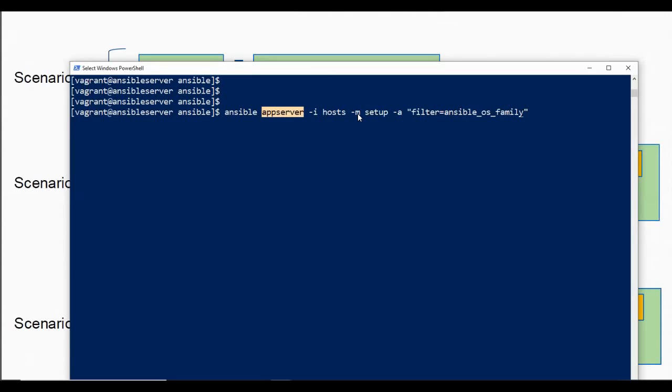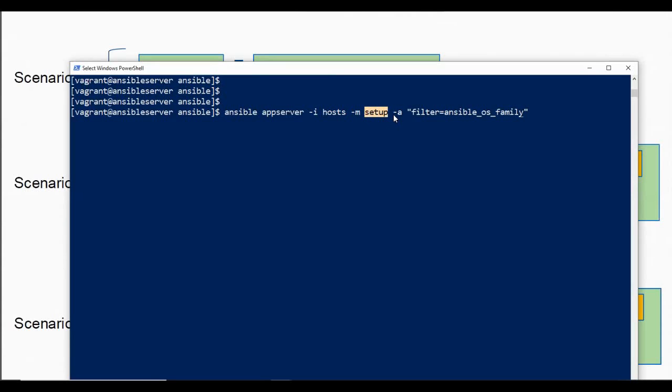Now, we got to know where we want to run a particular task, but what type of task is going to be defined by declaring your module. So the module is defined first by -m and then followed by the module name.